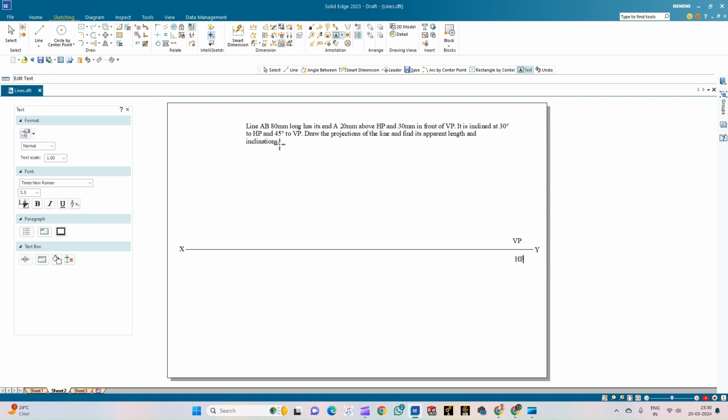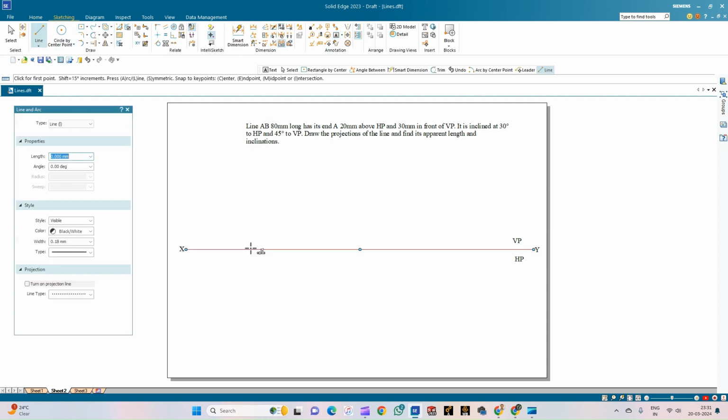So you can just make it out that this line is inclined to both VP and HP. So the condition is we have to assume the line is parallel to one of the reference planes and then draw its apparent views. So first let us locate the endpoint A